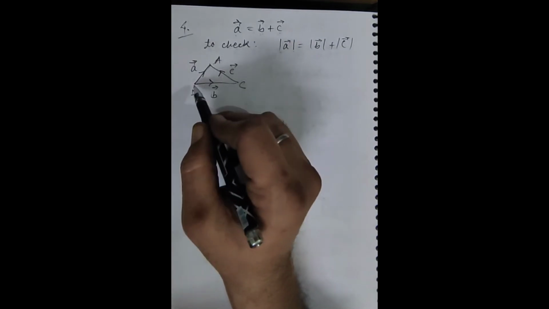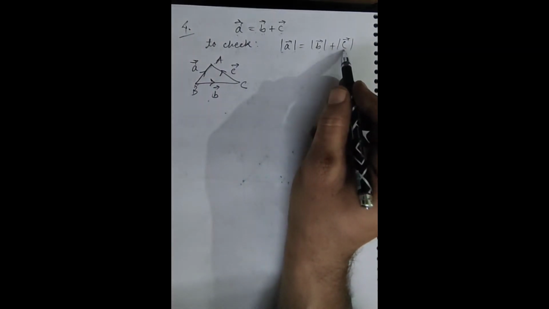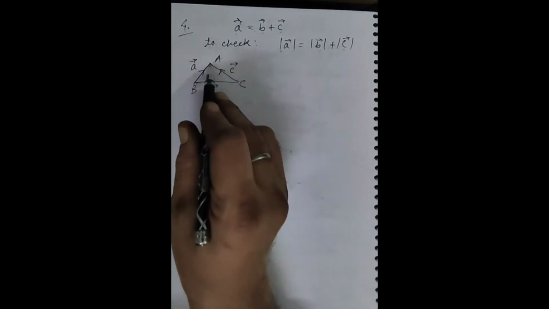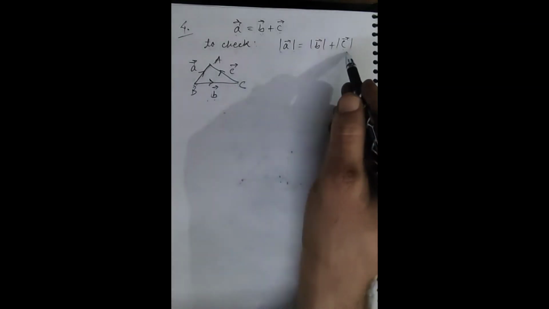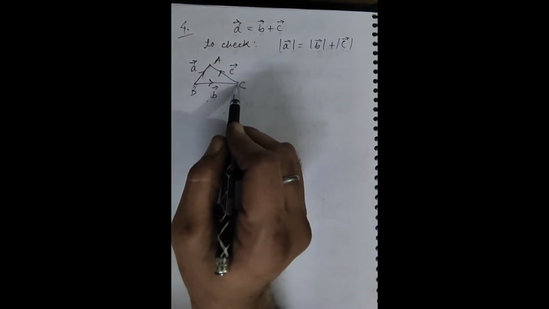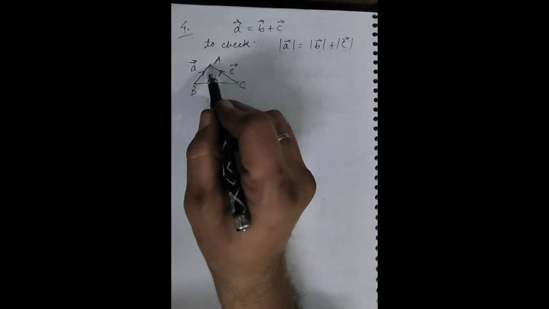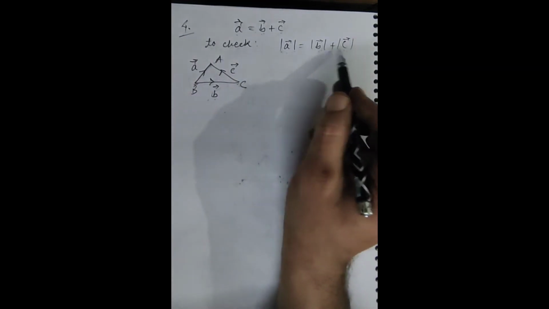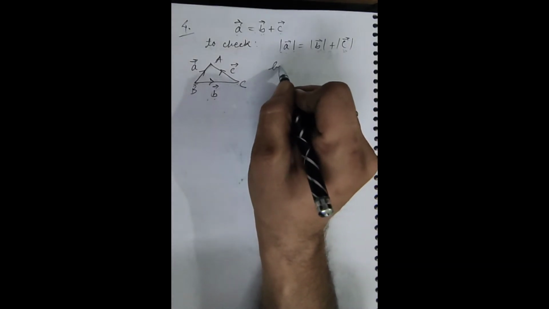Now what does it mean by magnitude of A? Magnitude of A means length BA. It is equal to the sum of lengths BC and AC. Magnitude of B means length BC, magnitude of C means length AC. So obviously the question is asking whether this length AB alone can be equal to the sum of these two lengths. We know very well by the triangle inequality,